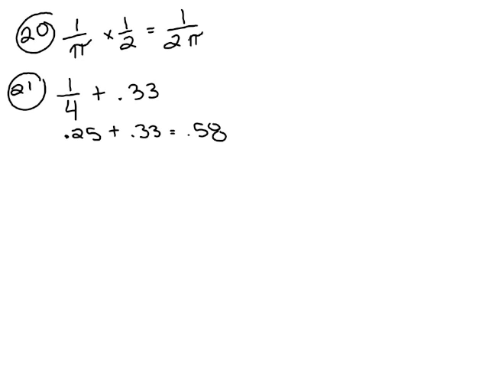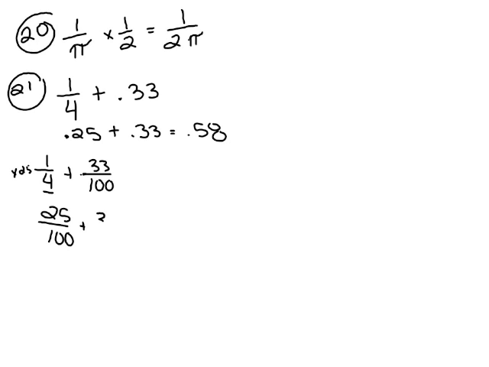Okay. 1/4 plus 0.33. Okay, so there are 2 places after the decimal, so I need 2 zeros: 33/100. Do I have a common denominator? No. How do I get one? Times 4 by 25. I need to turn that into hundredths. So times by 25. So I'll have 25/100